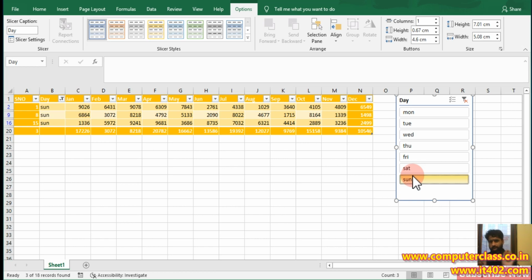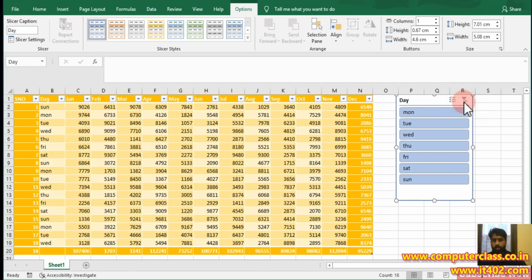In filter you need to click on the filter, go inside the filter, click on select all options, select whatever you want, deselect whatever you don't want, click on A to Z for ascending, Z to A for descending. So instead of that you can use slicer options. Slicer options is the advanced option, and this comes after the sorting and filter option.